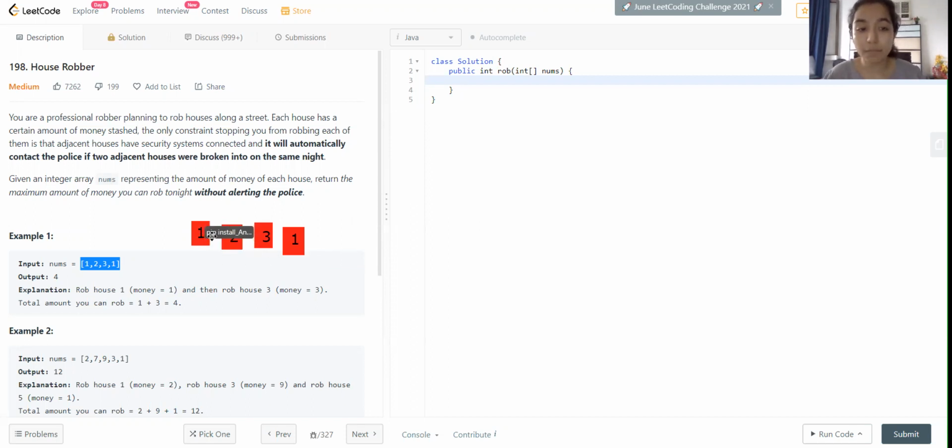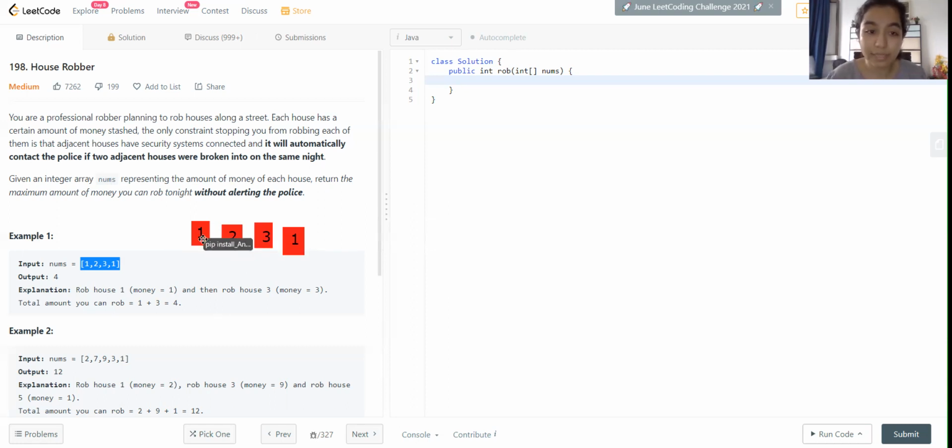Now if we start from the first house, we have to skip this house. So our total is still 1, which is lesser than this. But we still try to move ahead and see if this is greater than this total. The condition is going to be if the amount present at the first location, which is 2, should be greater than this plus this. If that is true, then we take this into account, or we take these two into account. I hope it is a little bit clear now.